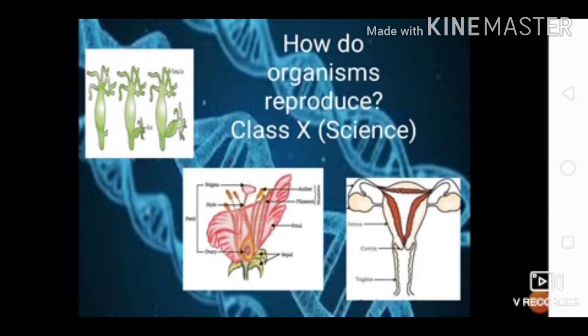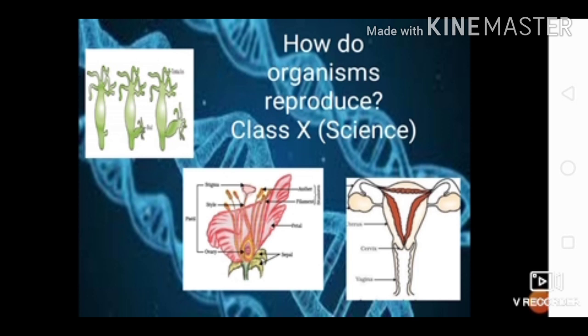Welcome, dear students, to our next chapter of Bio, chapter number 8. How do organisms reproduce? But before I begin with this chapter, I would like you to give a thought: why do organisms reproduce? Is it necessary to maintain the life of an individual organism? Like other life processes like nutrition, respiration, or excretion, is reproduction also important? Moreover, a lot of energy is required for this process. But why do organisms reproduce?